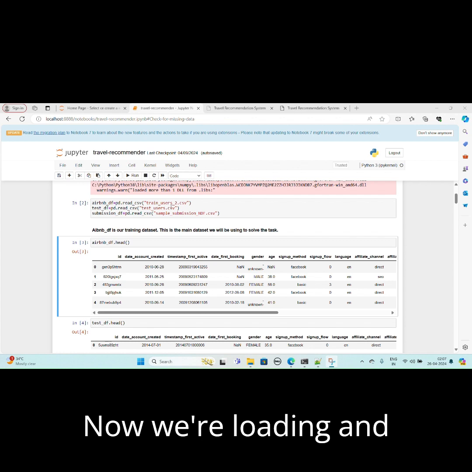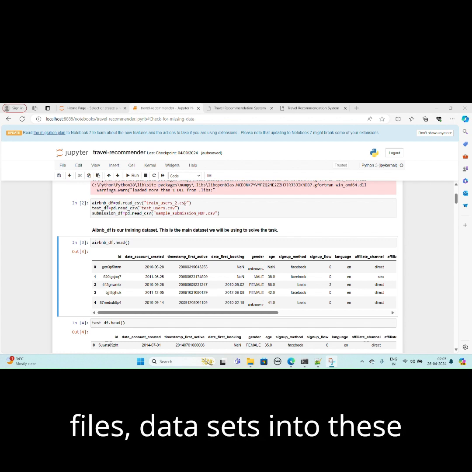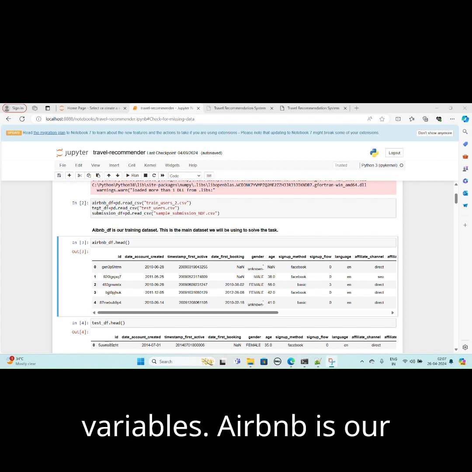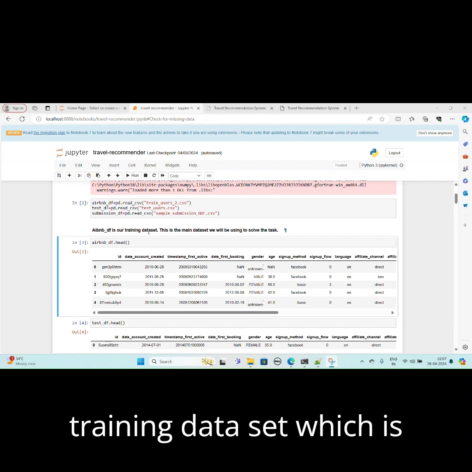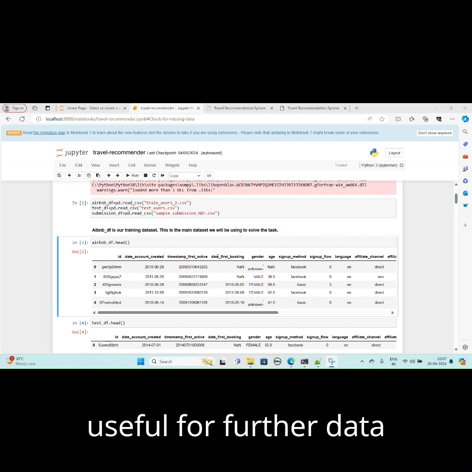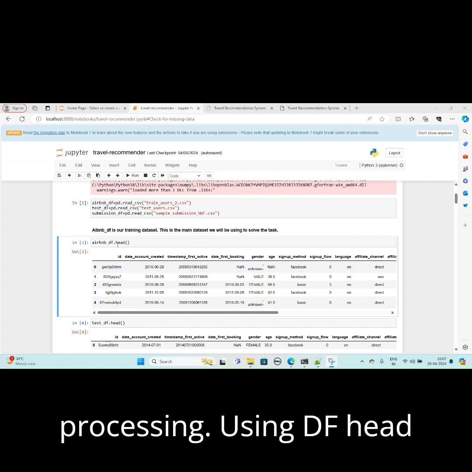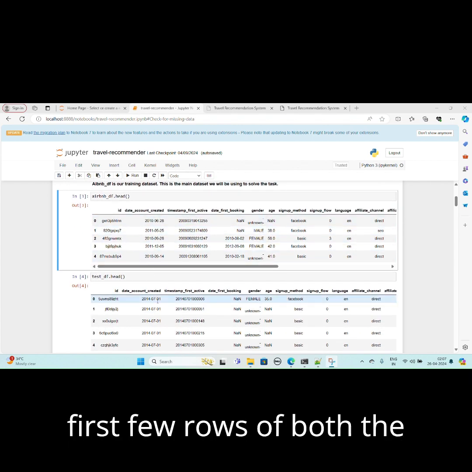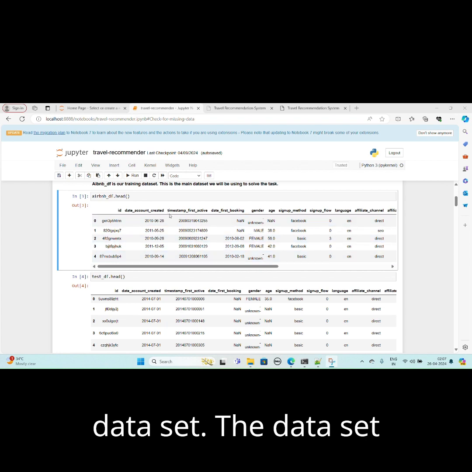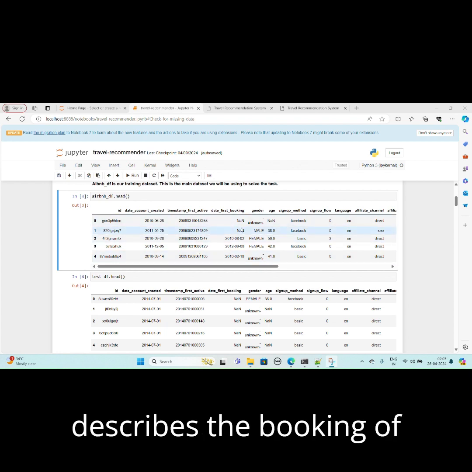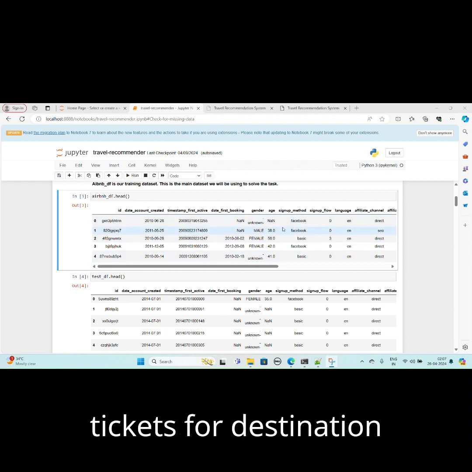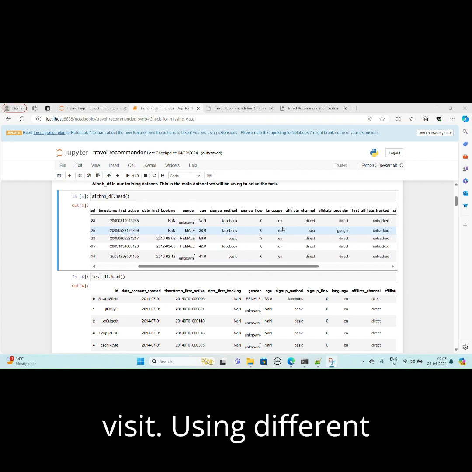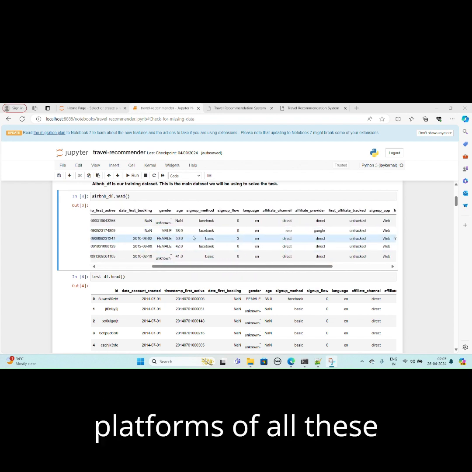Now we are loading and printing all these data files into these variables. Airbnb is our training dataset, which is useful for further data processing. Using the df.head function, we are printing the first few rows of both datasets. The dataset describes the booking of tickets for destination visits using different platforms.